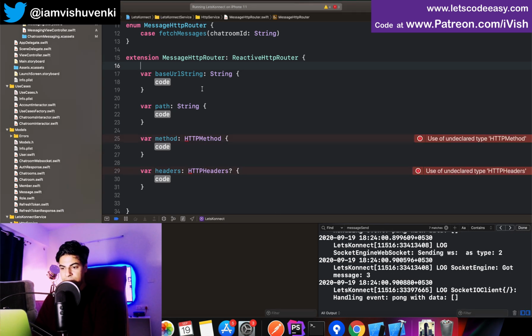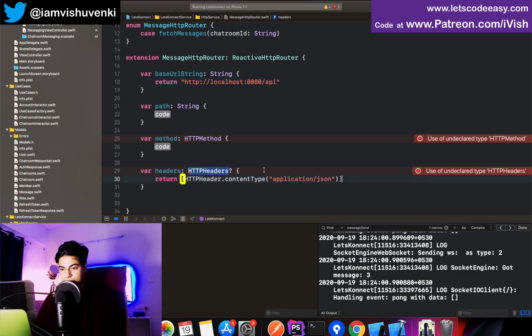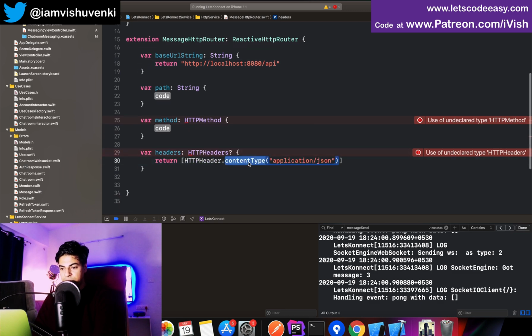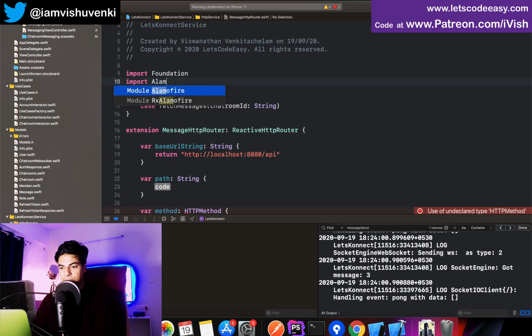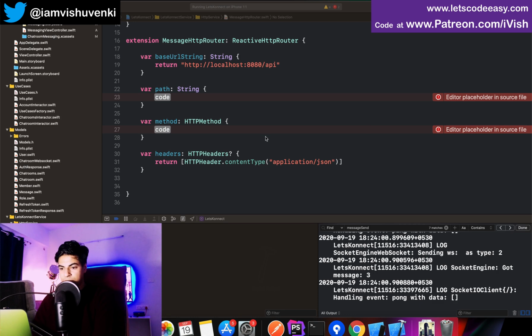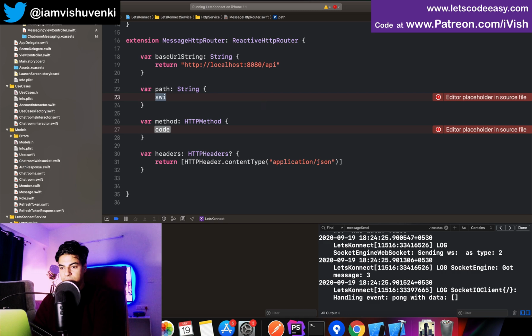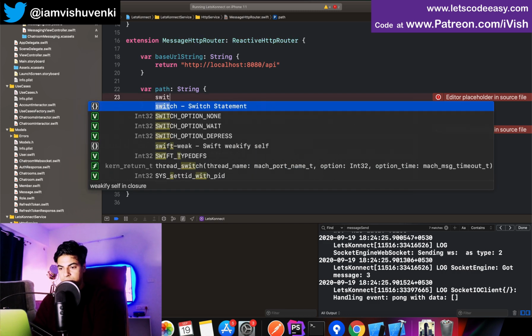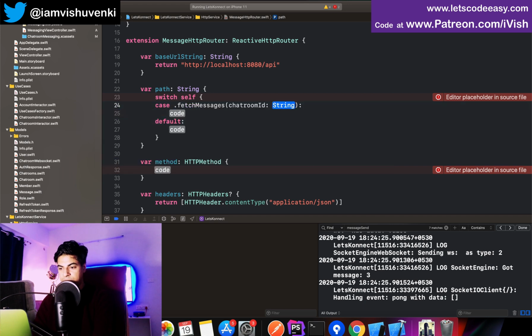It's going to get the messages from the 8080 endpoint itself, and it can also have a header like this. Content type application/JSON is my header, so it requires Alamofire so that you don't get all that error. And path is going to be switch case itself,